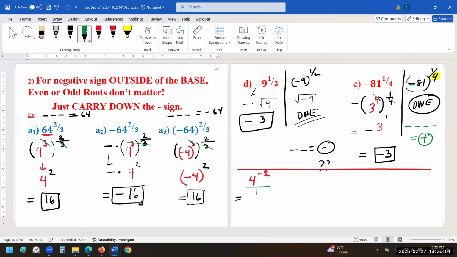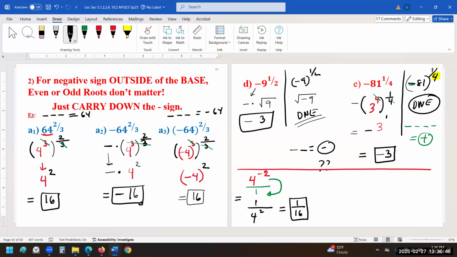So how do you convert negative into positive? 1/4. See? That's the correct answer. You just have to bring this down. So it becomes 1 on the top, 4 squared on the bottom. And what is 4 squared? 16. So it's 1 over 16. So if you don't remember, do like me. Put it over 1 and then just bring it down.